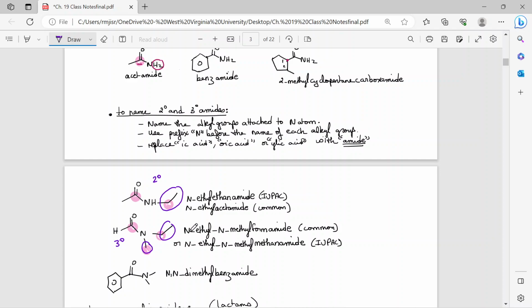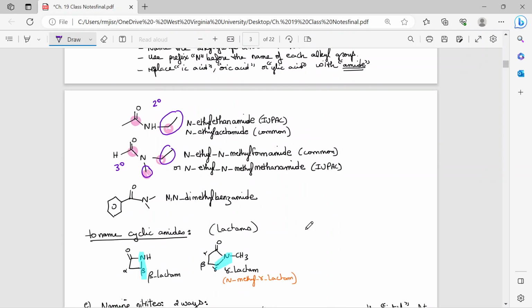So this is why I need to give both of them N's in there, but they are separate because the methyl is different than the ethyl. So that is going to be N-ethyl, N-methyl, and then we are going to name it as usual, as a carboxylic acid, and then we are going to drop the ending of the acid, and then we are going to add an amide. If you have 2 R's that are the same, as in this case over here, then you